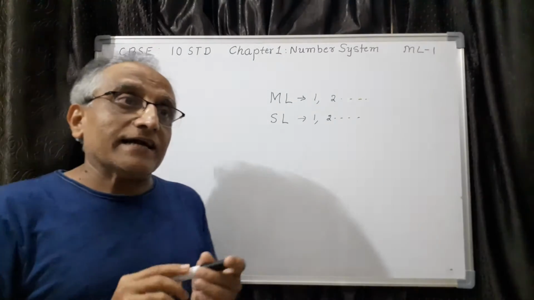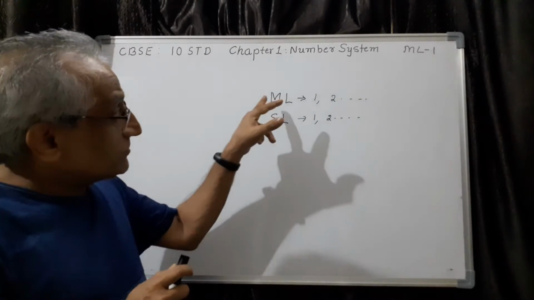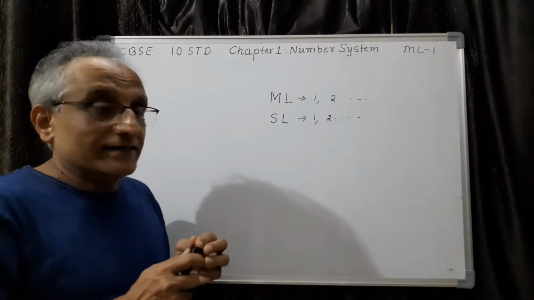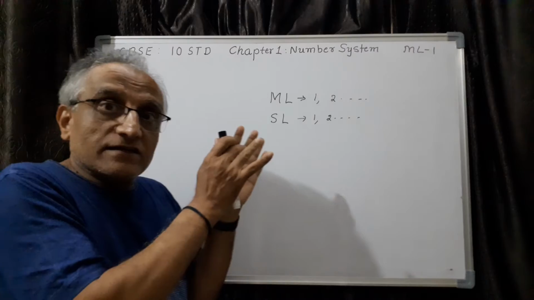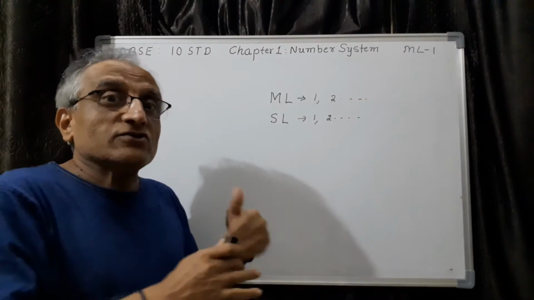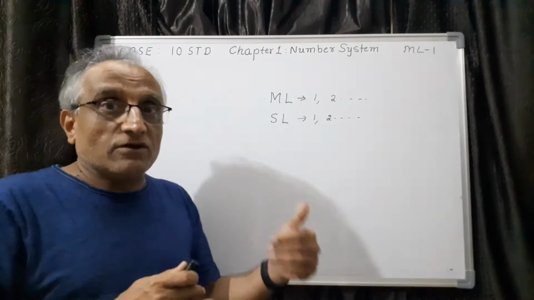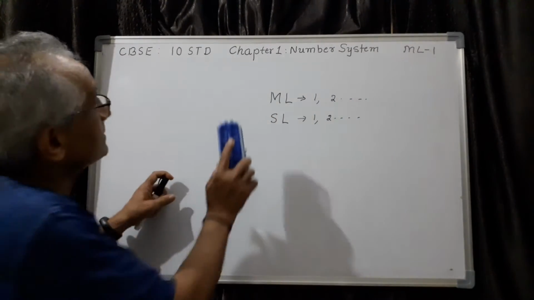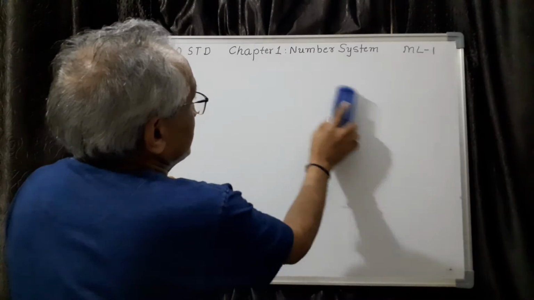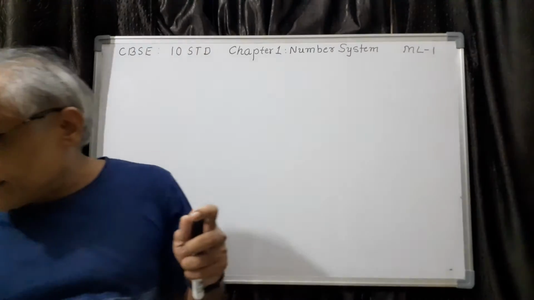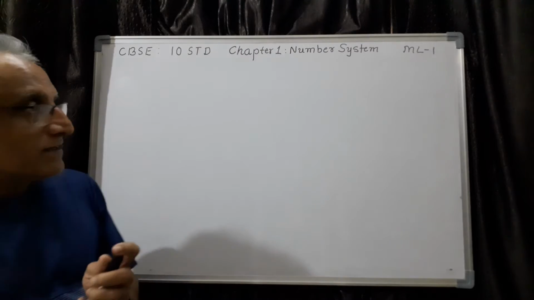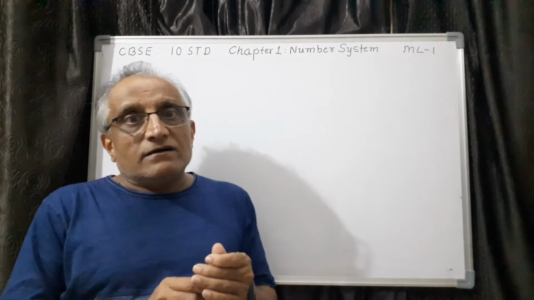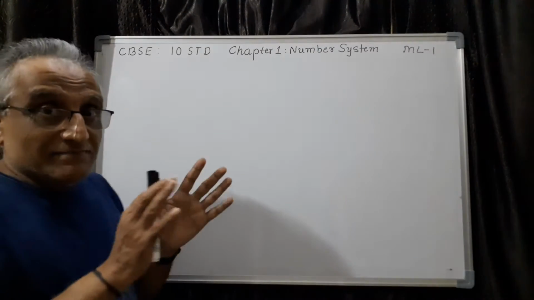Here I will be taking the exercise problems. See, once we know the concept very well, solving the problems will be very easy. Therefore, what I have planned is first I will be discussing only the theoretical concepts with relevant examples. Once you are confident, you have to start solving the problems for that supplementary lesson. So this is my plan, and this is the first lesson. So let me take the first chapter, number system, and let us discuss the important concepts of this chapter step by step.